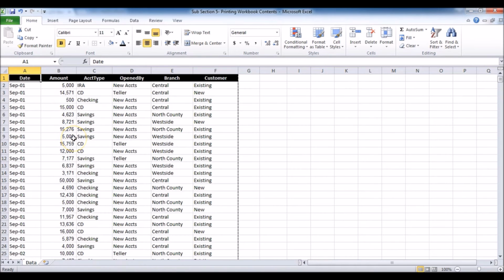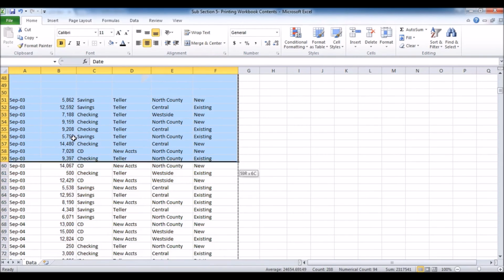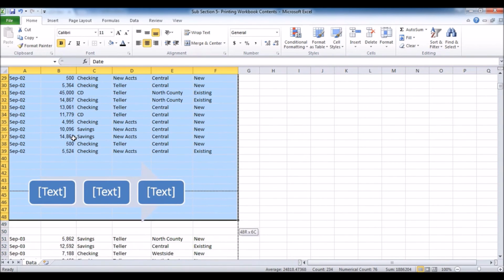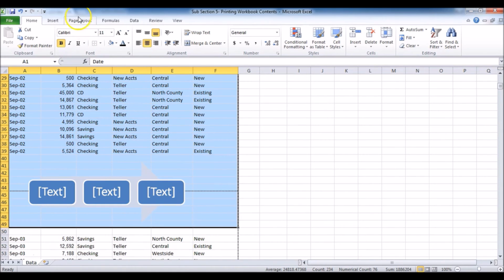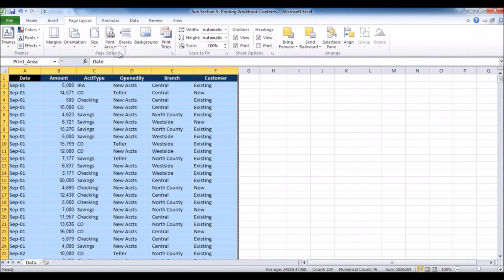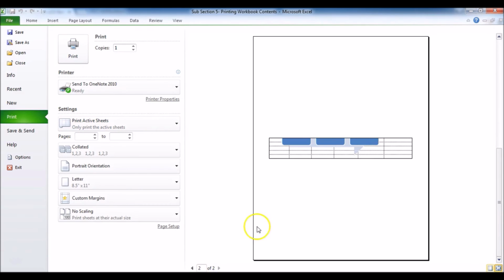In that case, for example, if I don't want that whole page to be my print area, in this case I want to be printed only till here, till the smart art. In that case, I have to go with this page layout, print area, set print area. And now if I press Control P, this is coming like this, page 1 and page 2. A small portion is coming in page 2.